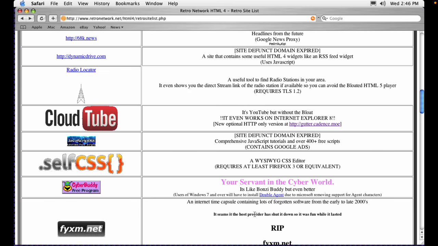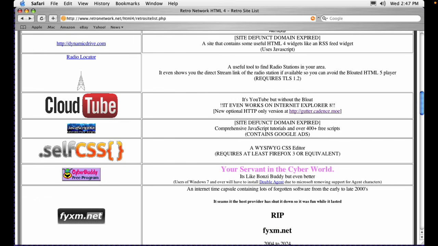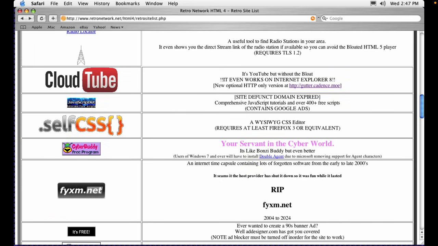It seems that the host provider has an internet time capsule containing lots of forgotten software from the early to late 2000s. It seems that the host provider has shut it down, so it was fun while it lasted. RIP. FYXM.net